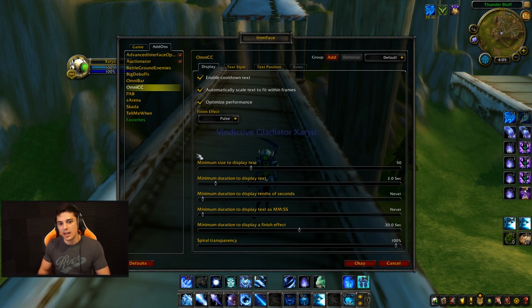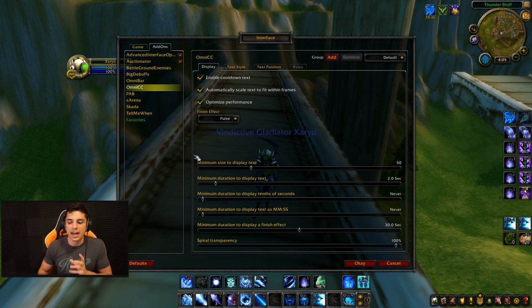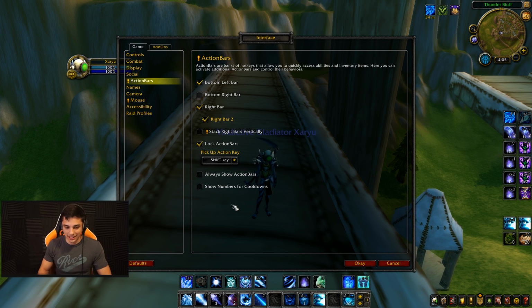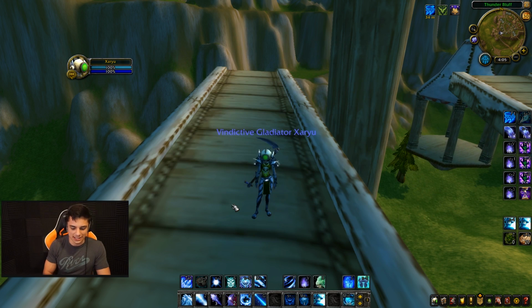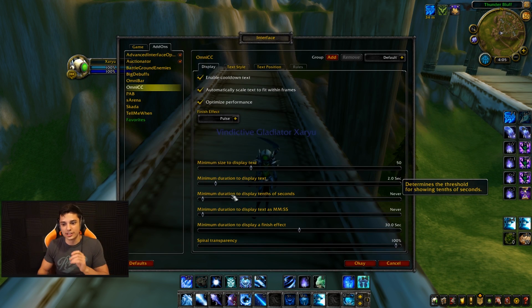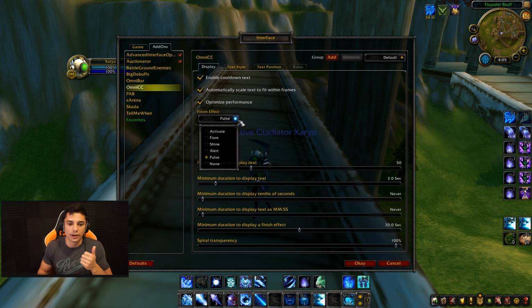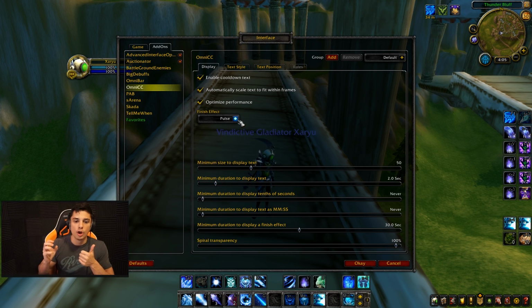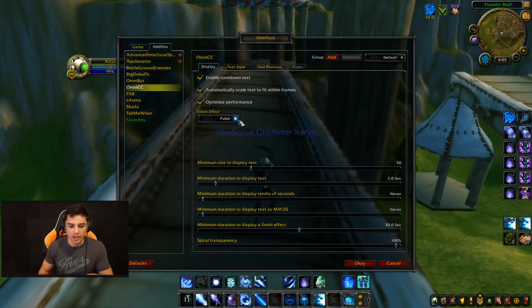Now, guys, this is an add-on that Blizzard added to the game by default. Alright, if you press escape, interface, game, action bars, I actually got that first try, show numbers for cooldowns, you can do that. And a lot of people are probably like, why do you have Omni CC? I love Omni CC, alright? There's a lot of options showing you, okay, the finish effect, you can make it pulse, which is very, very nice. So it kind of pulses when you have that cooldown back, which I'll show you here in a second